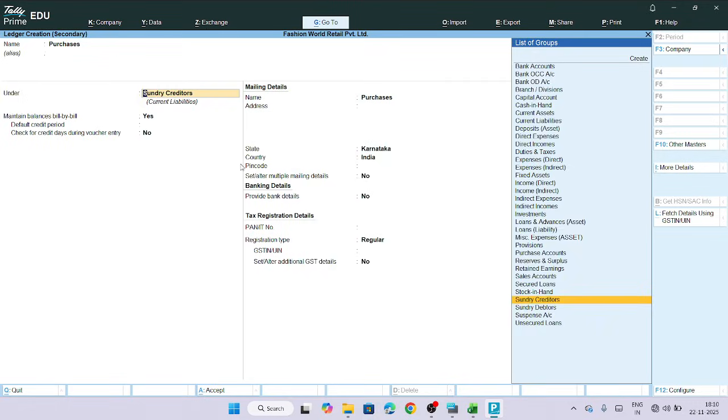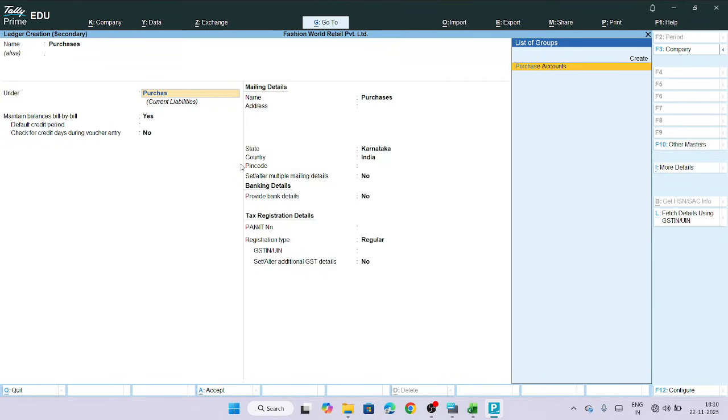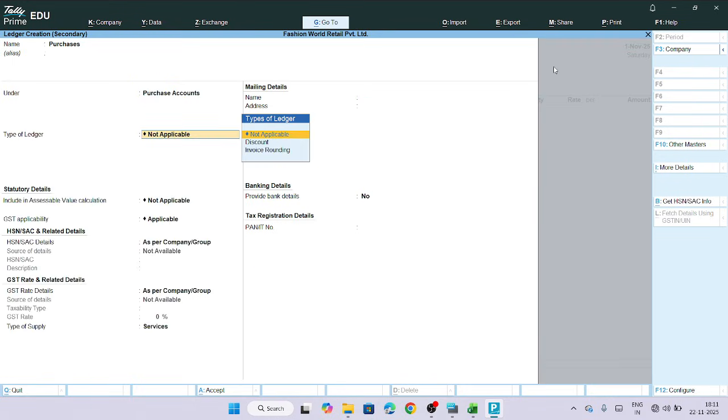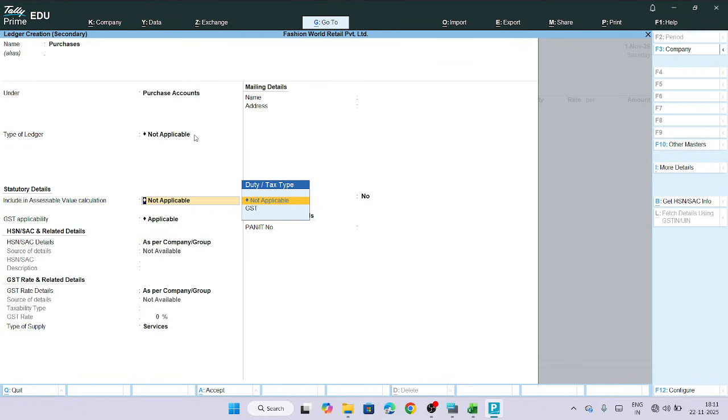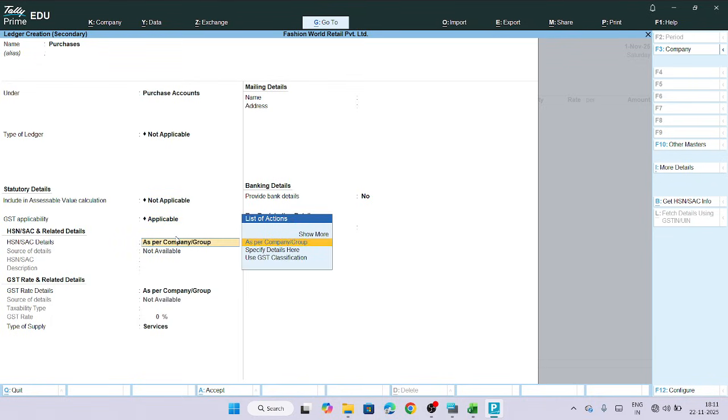Purchases, it comes under purchases account. So I'll select here and enter. Here, it's not applicable. This is not a discounting voucher or invoice rounding off, so it's not applicable. Here, this is also not applicable. Don't select GST here. Here, GST applicability, select as applicable and leave it as it is here as per the